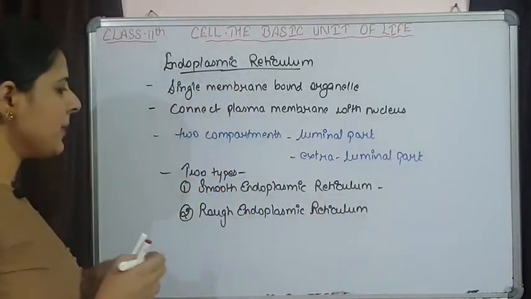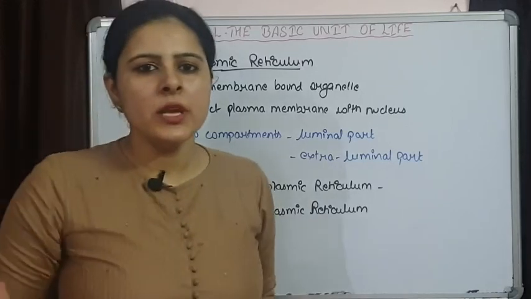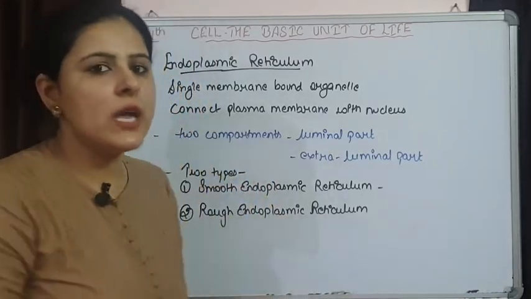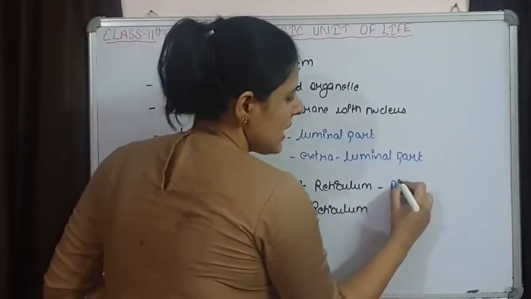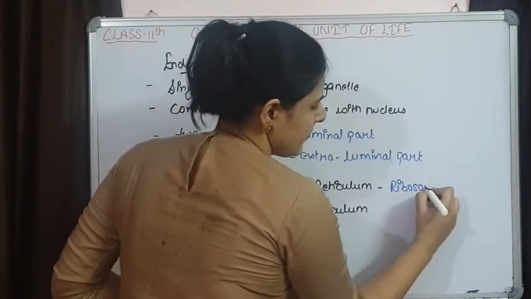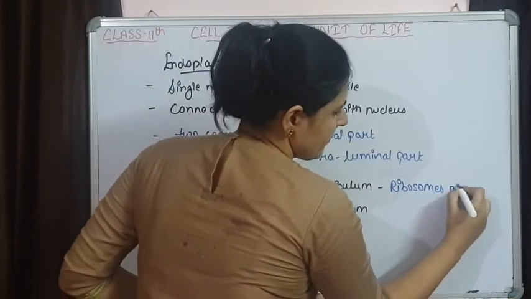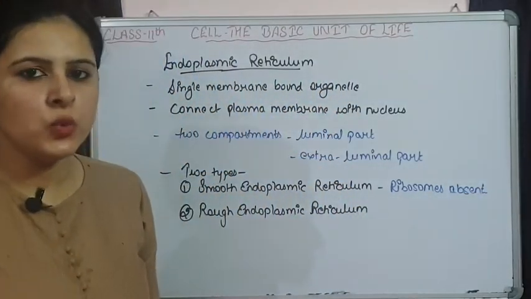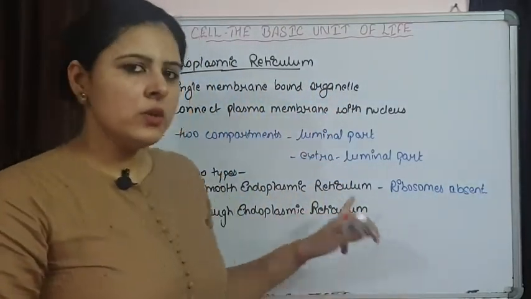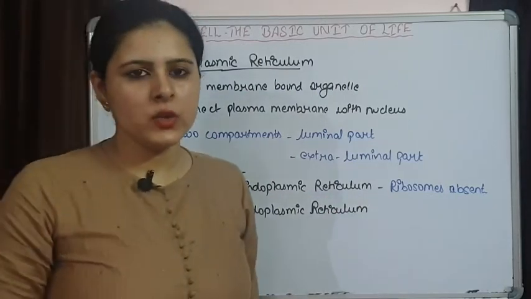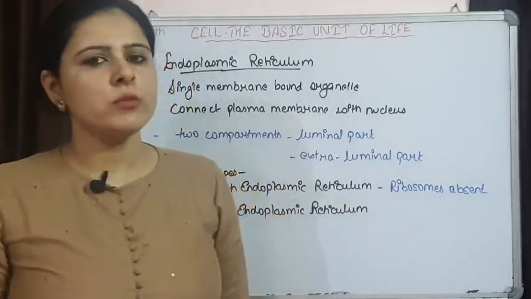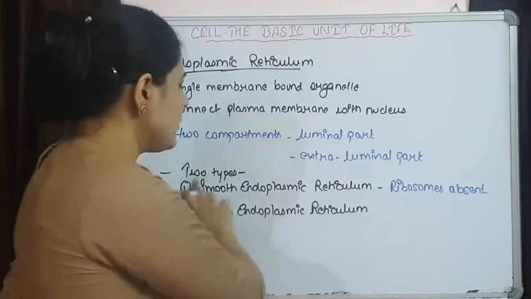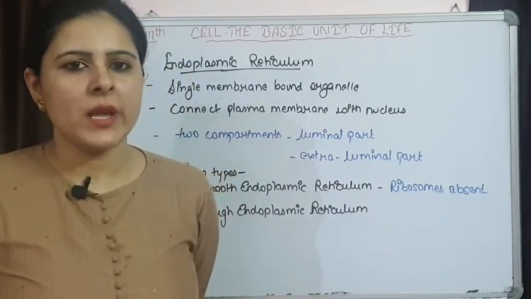The upper one appears smooth because on its surface ribosomes are not present, so ribosomes are absent. That's why it appears smooth. It comes from rough endoplasmic reticulum. If ribosomes are removed from the rough endoplasmic reticulum, it is converted into smooth endoplasmic